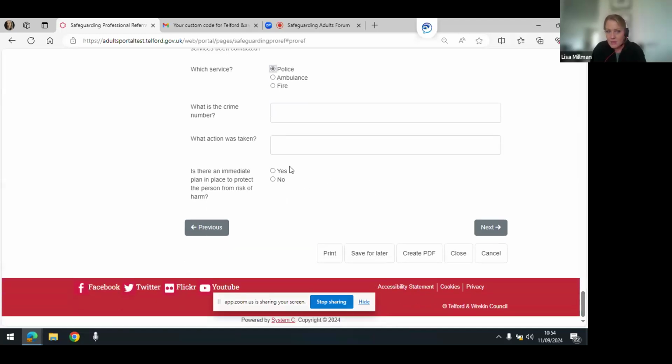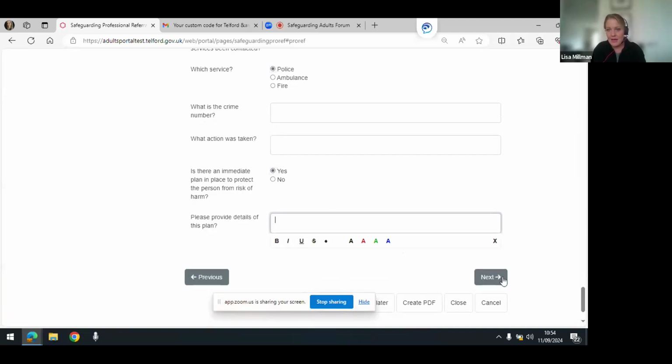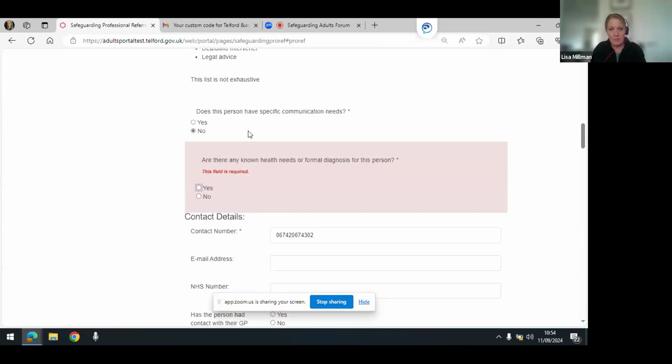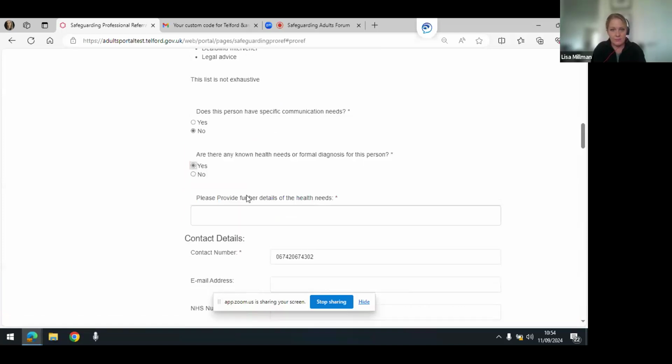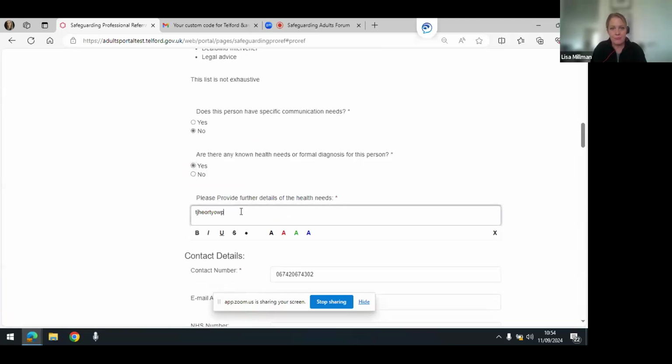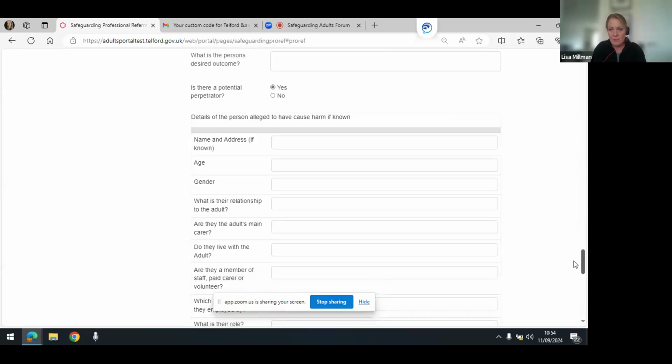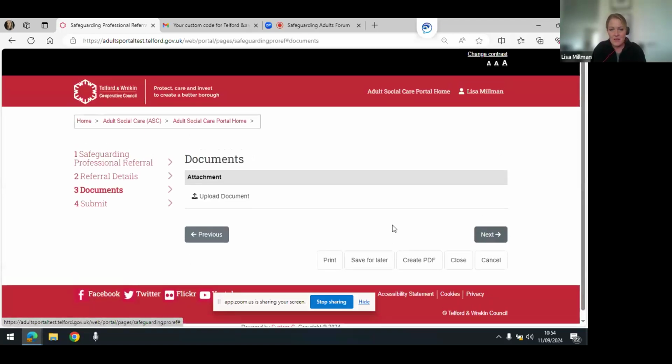So is there an immediate plan in place to protect the person? We can say yes, put the details of the plan, and then we'll select next. Oh, I've missed a mandatory question, sorry. So here you've got the ability to upload any attachments. Now, from speaking with the safeguarding team, I know that you are more often than not asked for supporting evidence.